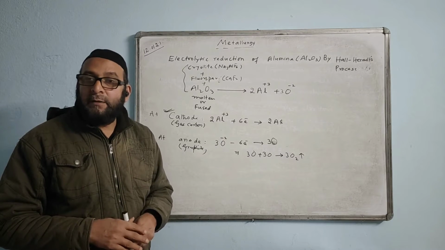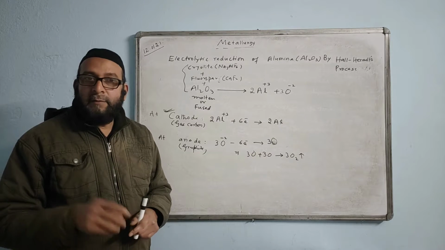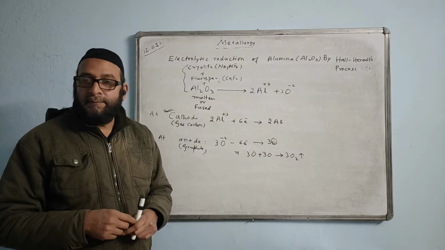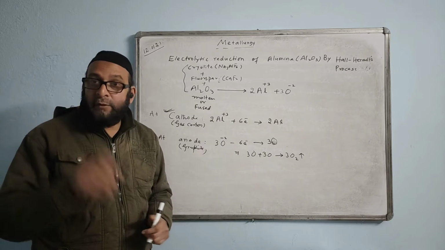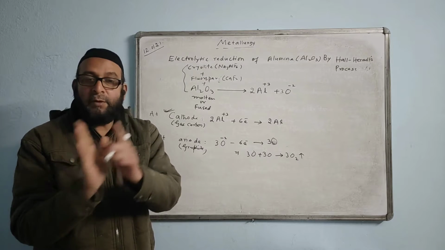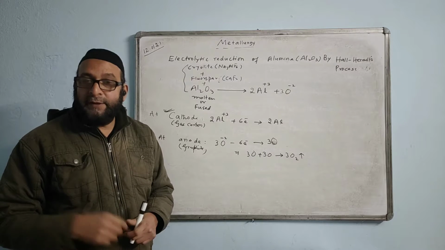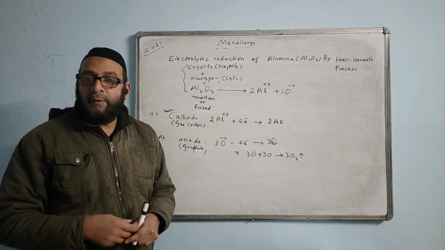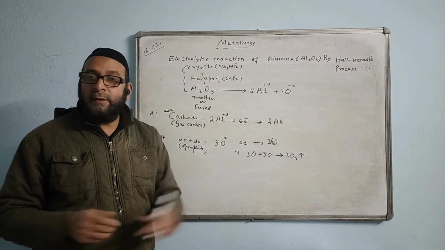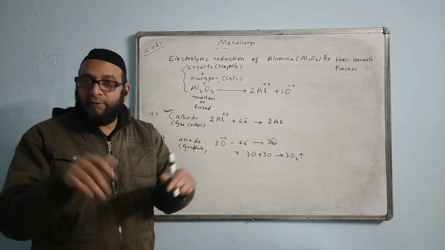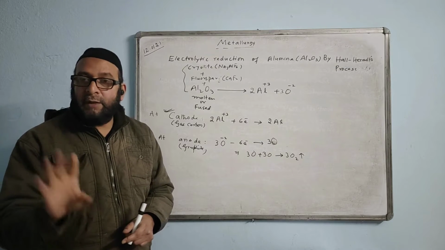Once they get burnt, what will happen? The reaction will stop. It gets burnt very quickly. So that is the reason why we have to use a number of anodes, not only a single one. We have to use a number of anodes and we replace them periodically. We renew them periodically, because ultimately they all will get burnt. Once all of them are burnt, then we have to replace them by a new set of anodes. But we will be using a number of anodes, because if you use only one anode, it won't last longer.